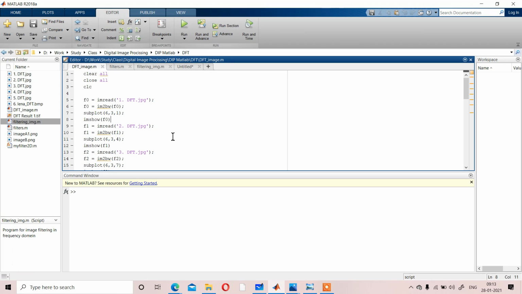I think the MATLAB command window is visible to all of you. Okay, here